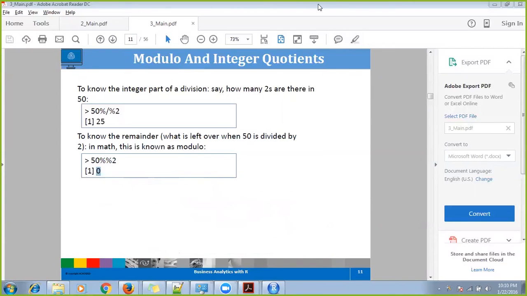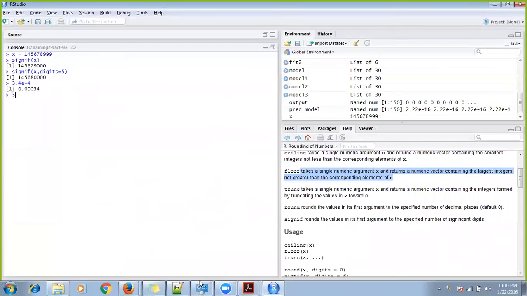Let me just run that for you again. 51 %% 2 is 1. 51 divided by 2 is division, but 51 %/% 2 will give you the integer part of it, which is 25. So if you want the integer part when you divide two numbers, instead of the divide operation, you have to write %/%.